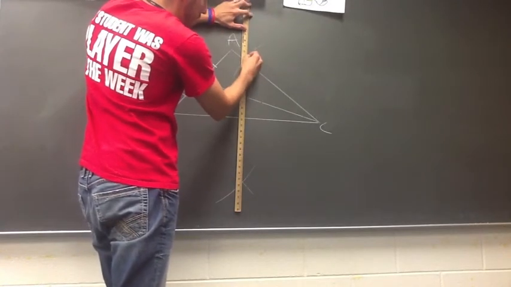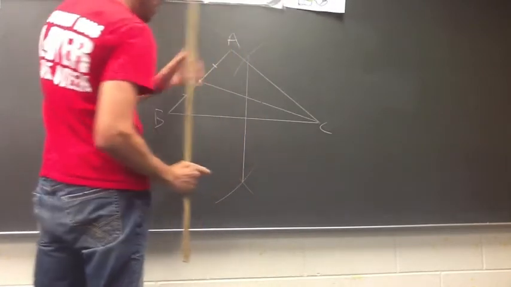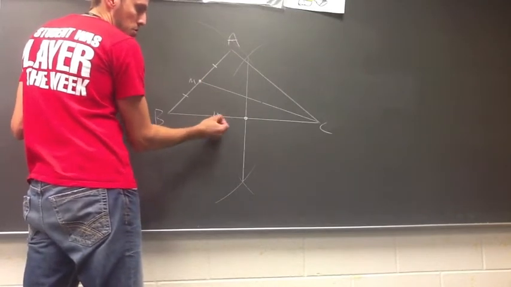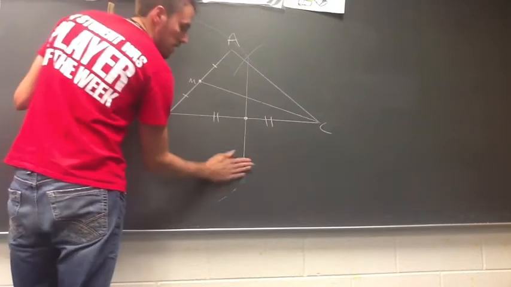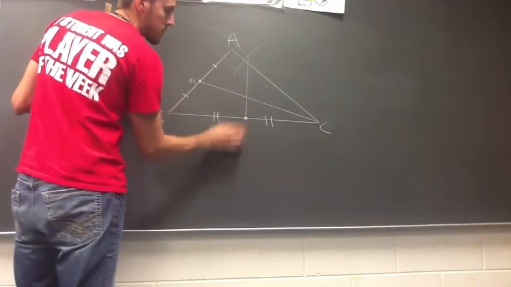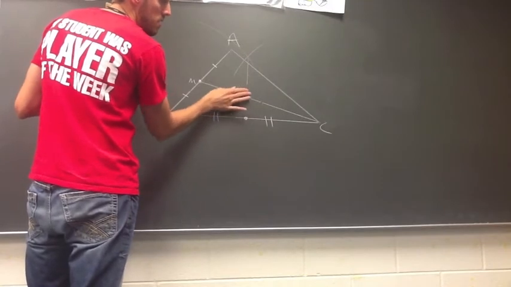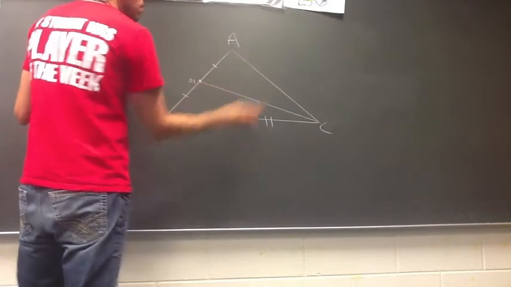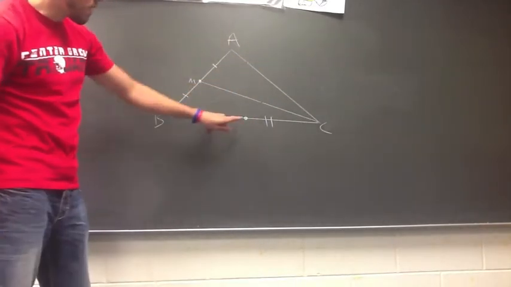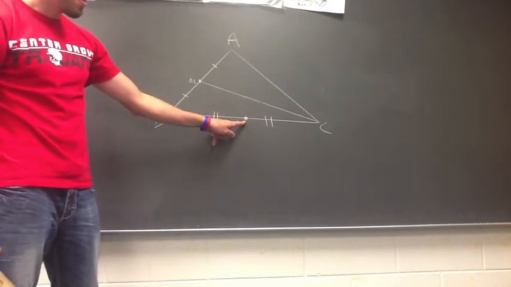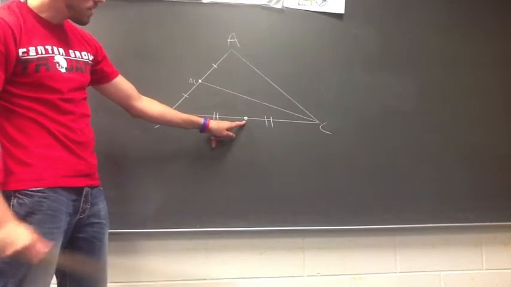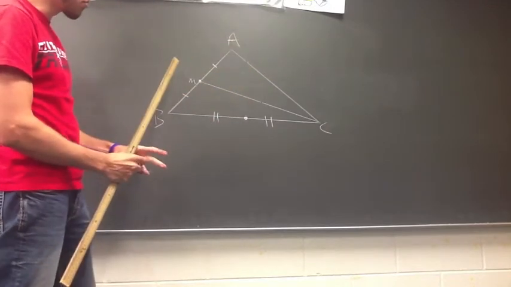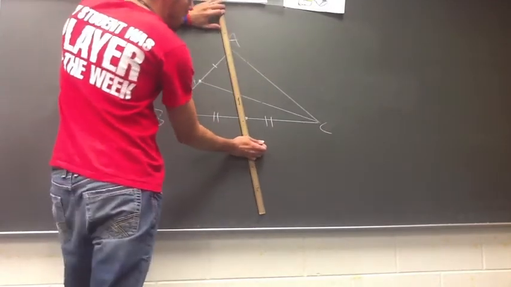Okay, so when I intersect these, this is my midpoint. If I want to be consistent, make sure you're labeling your two congruent parts, then you can erase your excess here, because that's one of our medians. We don't want to erase that. Okay, so now I can construct the median because this is your midpoint, the opposite vertex. Think of the angle that is opposite this as like a mouth, and it's eating the midpoint, so you can tell which one you have to draw the line to. So I have to draw the line to A,